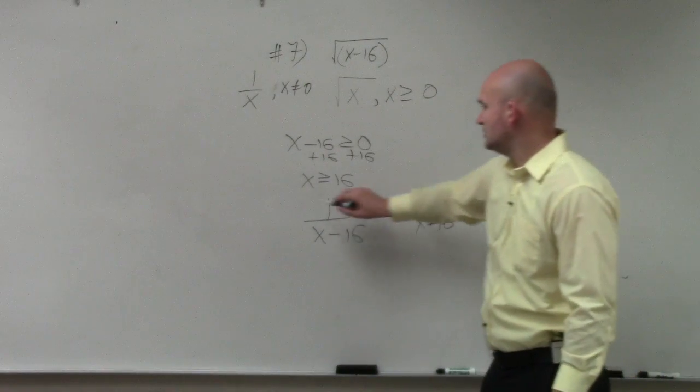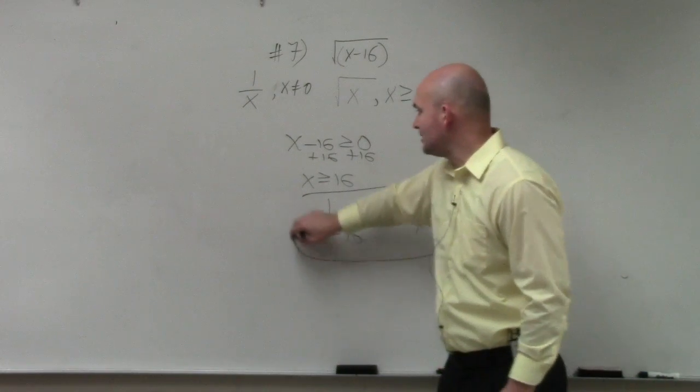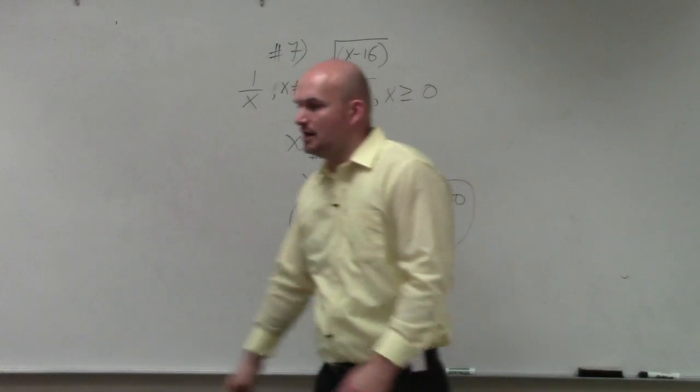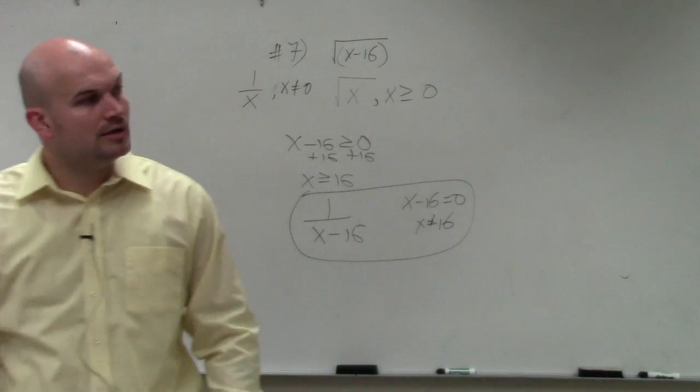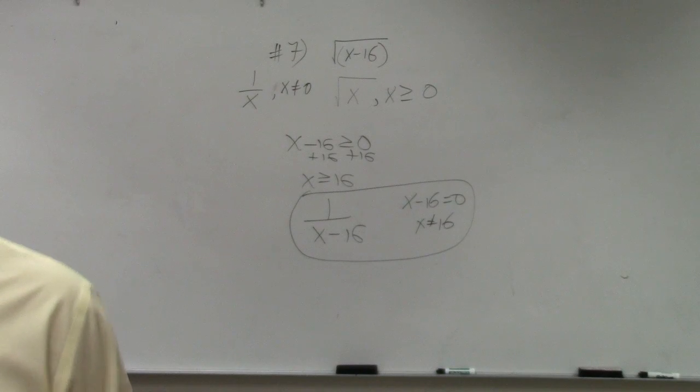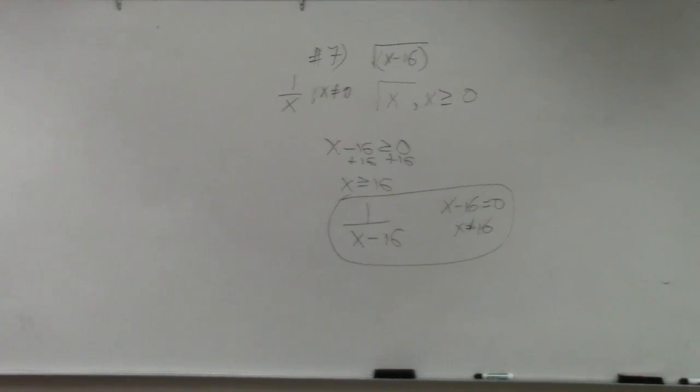Right? So you guys are going to be doing two different types of problems there. It's either going to be a rational expression or a radical expression. But just try to find the constraints that do not satisfy